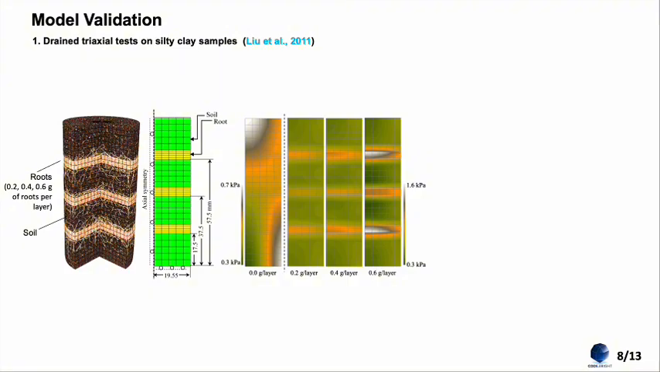The size of the sample is near 80 millimeters in height with a diameter near 20 millimeters, and it was tested in 3 different concentrations of vegetation: 2, 4, and 6 grams per layer, and 1 without vegetation. Here is the animation of the behavior of the triaxial test and the comparison test, and there is a clear